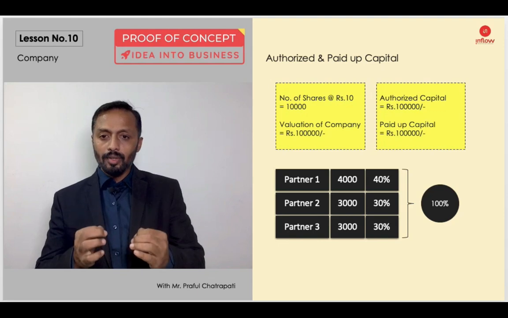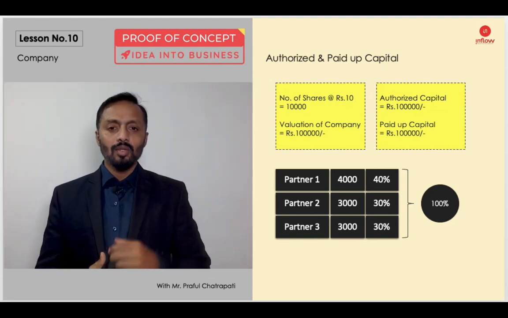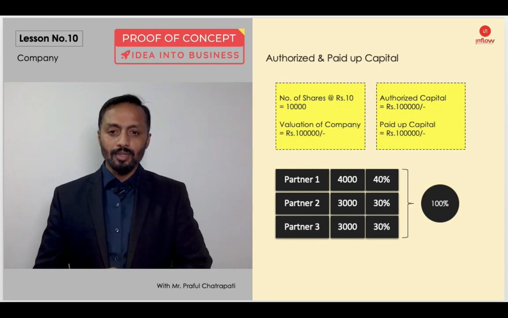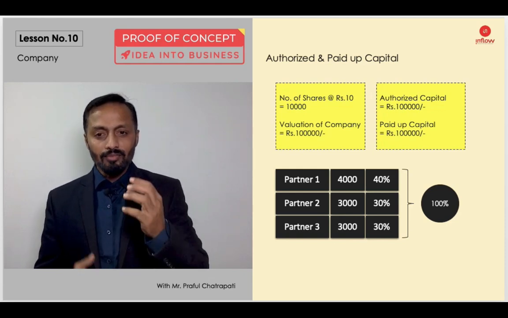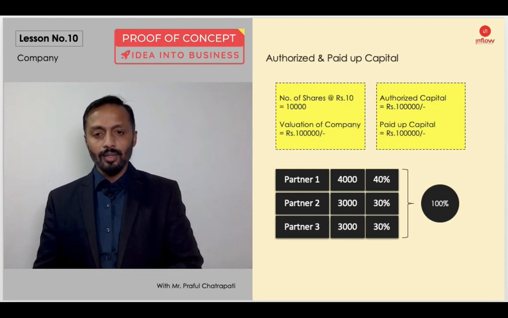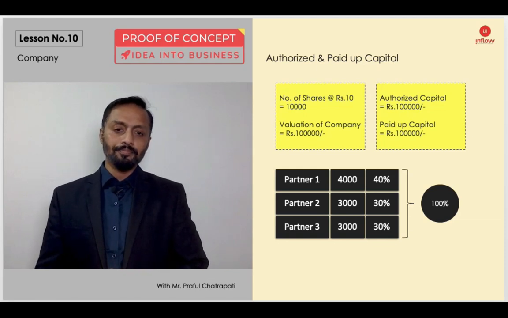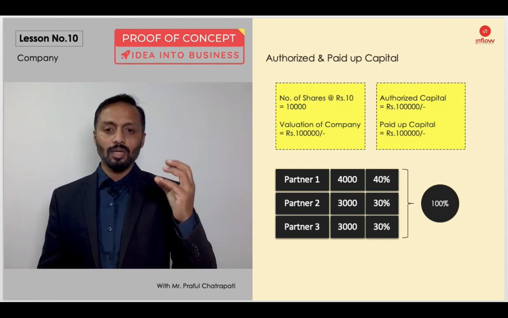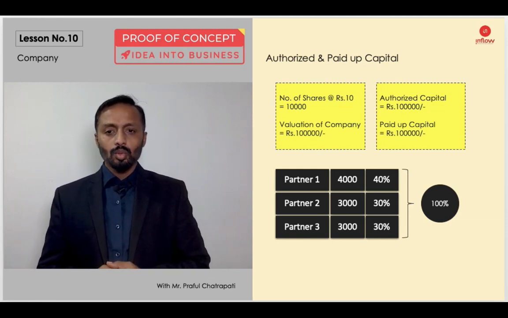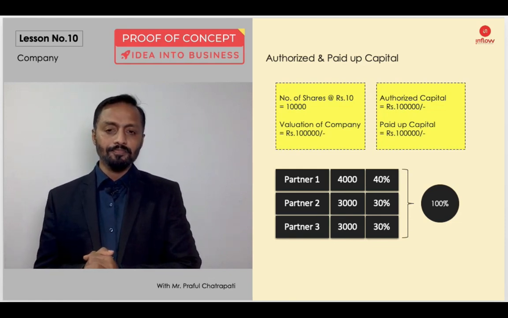You are incorporating a company, you are giving a name to your company. The first step, you take a pool of authorized capital, because you need to have shares in your company, because in a company there is only one way to get money inside, by selling shares. If you are three partners in the game, one may have 40%, another 30, another 30. So at first you decide what kind of authorized capital you want in the company, what kind of